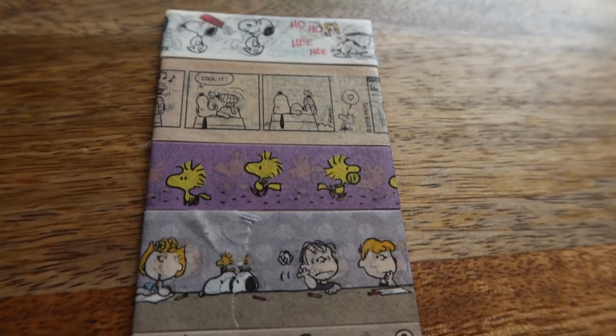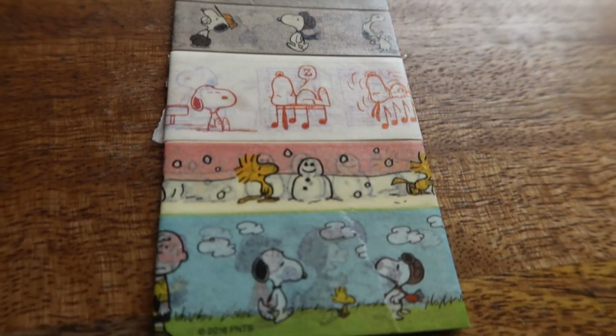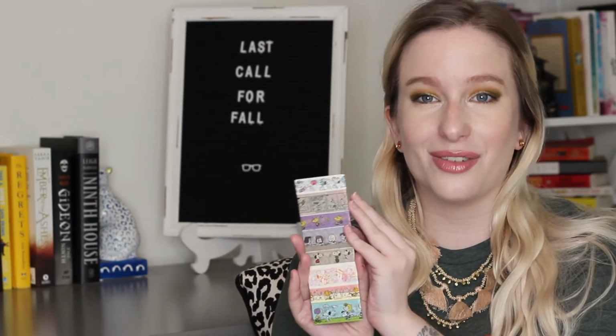And all of these are Peanuts themed, like the little comic, and I love that comic. It's one of the ones I grew up with, like Snoopy and Woodstock and Charlie Brown. They're just all-time faves. And so again, I will do little swatches of these when I do my bullet